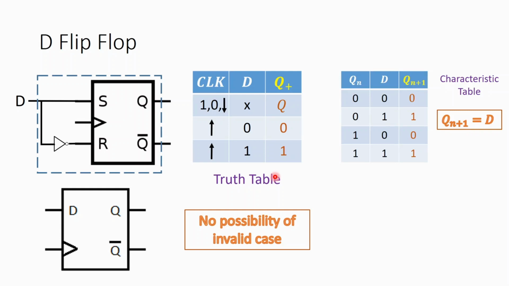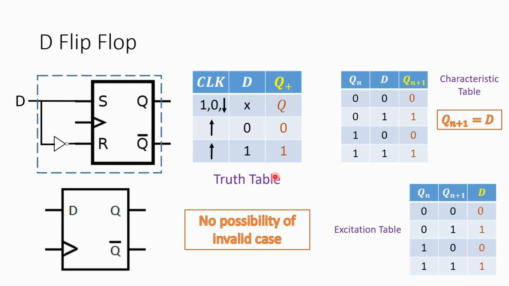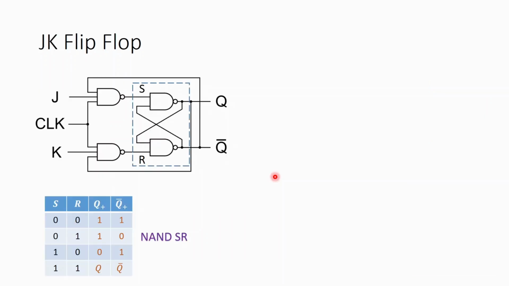It also has a characteristic table, a characteristic equation and an excitation table, and I have simply put them here. You will be able to formulate this characteristic table and the excitation table very easily by looking into the truth table. They are very easy. That was the D flip-flop. So next I will come to the JK flip-flop,